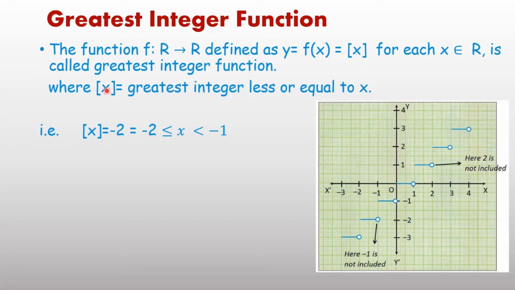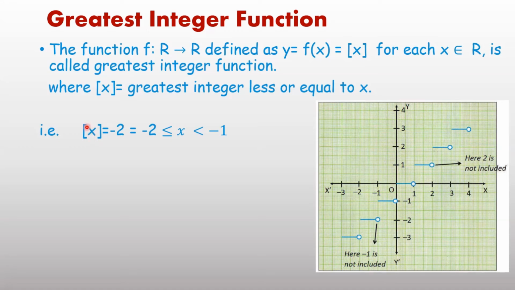For 2.9, again the same process: we will write the greatest integer less than or equal to 2.9. If you ask, then 2, 1, 0, minus 1, minus 2, many integers are there, but the greatest integer less than 2.9 is 2. Similarly, if anyone asks the value of [3.8], inside the bracket 3.8 is written, the value of [3.8] equals 3.